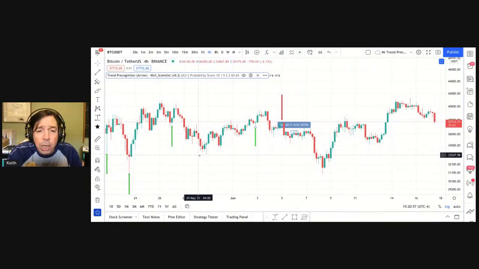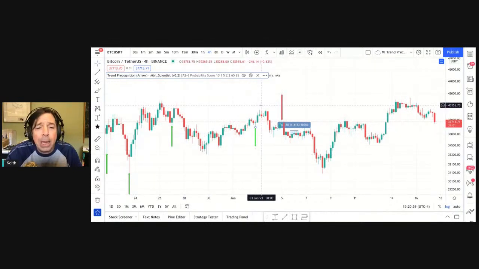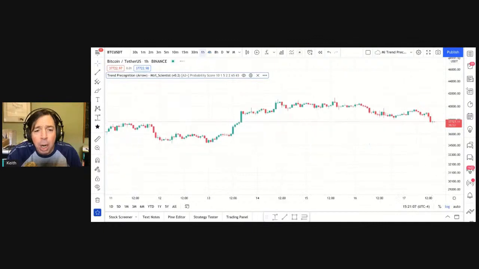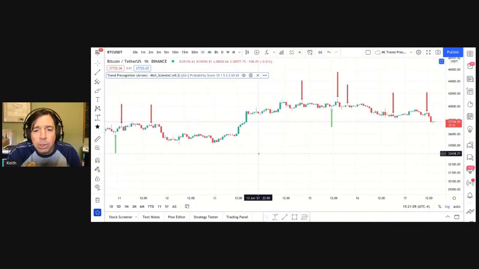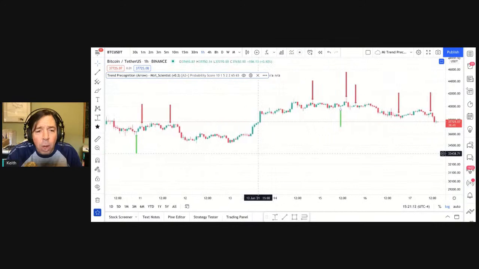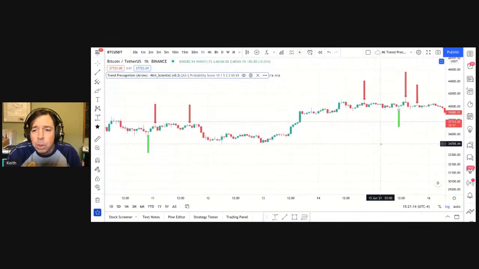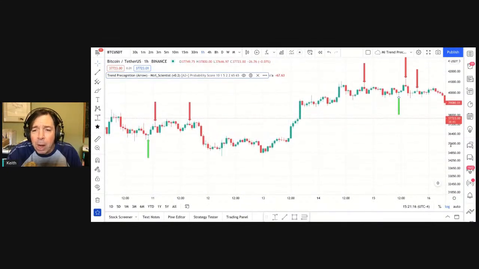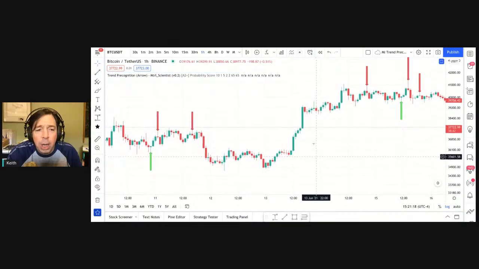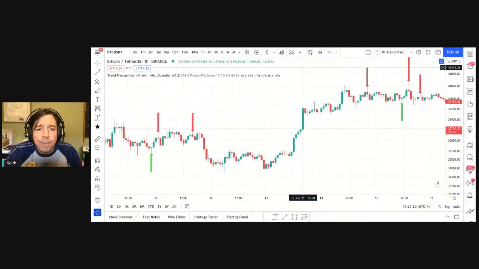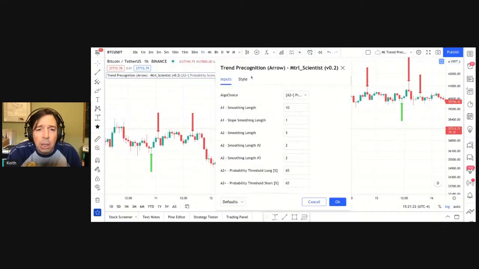I would like to see one here. So maybe that's a little bit conservative for a 4-hour chart. But let's see what it looks like on a 1-hour chart. I use them frequently on a 1-hour chart to just help me with my on-the-fly decisions. Okay. So 65 seems still a little tight.